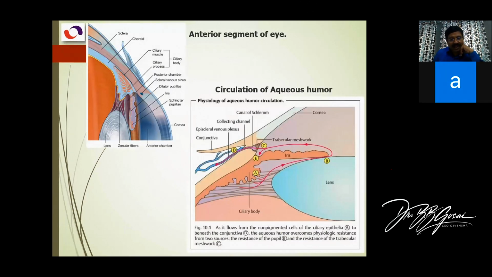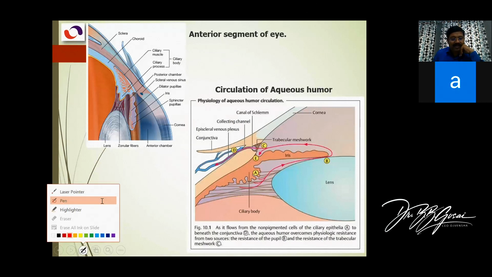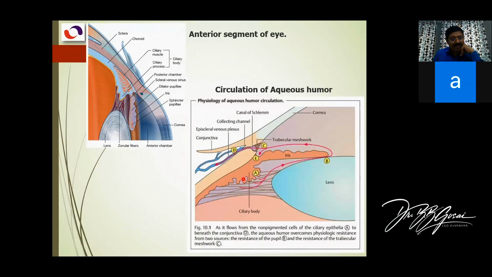And this circulation I already explained. So, starting from the ciliary body, the fluid starts secreting. It goes to this posterior chamber now. It's clear to you. And there is a slit-like gap. This whole thing was the anterior chamber, which I showed in a full picture. And then it goes to the canal of Schlemm and then is absorbed into the veins. Because it's similar to plasma, the composition is the same, so it returns to the vein.